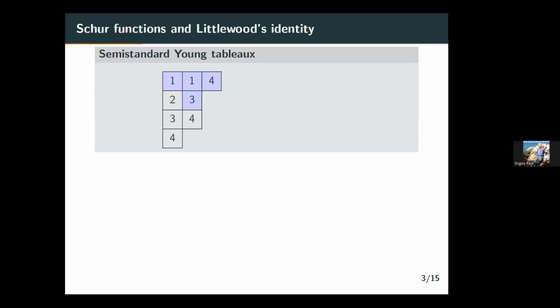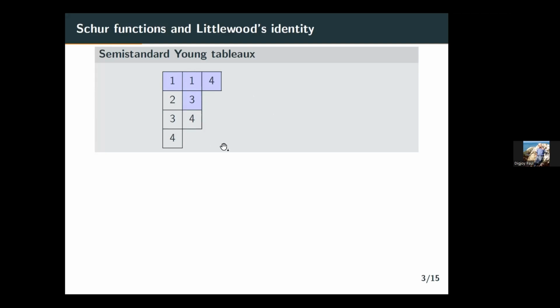To define the Schur function, we need semi-standard Young tableaux. So starting with a partition, you draw its Young diagram. In this example, the partition is 3, 2, 2, 1, and you draw 3 boxes on the first line, then 2 boxes, then 2 boxes, then 1. And this colored part indicates a special kind of partition, which is called threshold. Here, this means that if you flip the blue part through the main diagonal, you will obtain the remaining shape,